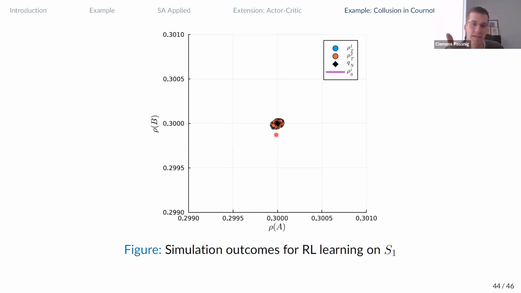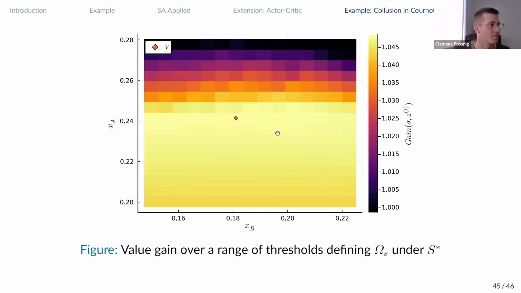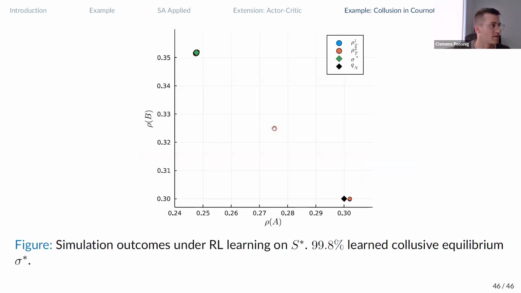Now, if we look at the same game, so it's the same market, the same agents, the same preferences, but a different state variable, here's the verification of the proposition I just showed you. Let's not look at that. Then, same initialization, here is the equilibrium that we just looked at, where players play the same action in every state. Then, from a global initialization, almost all of these simulation outcomes ended up here.